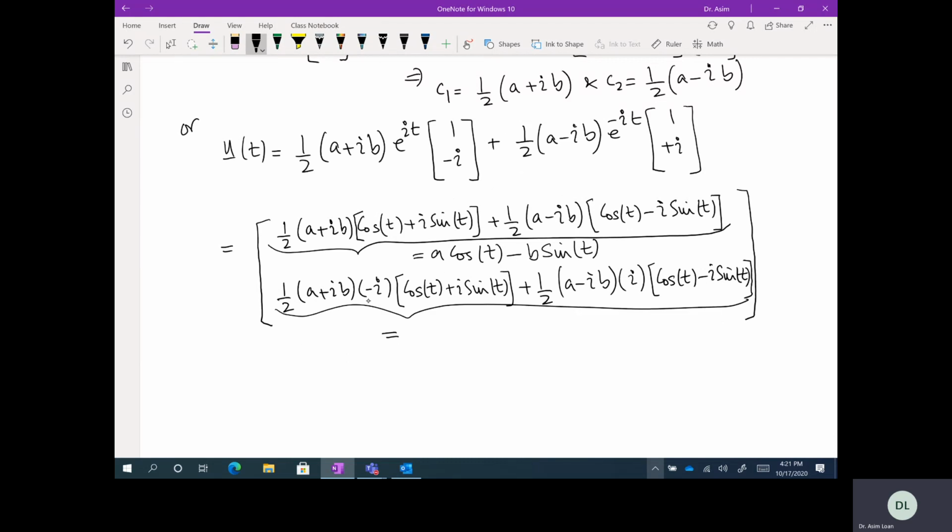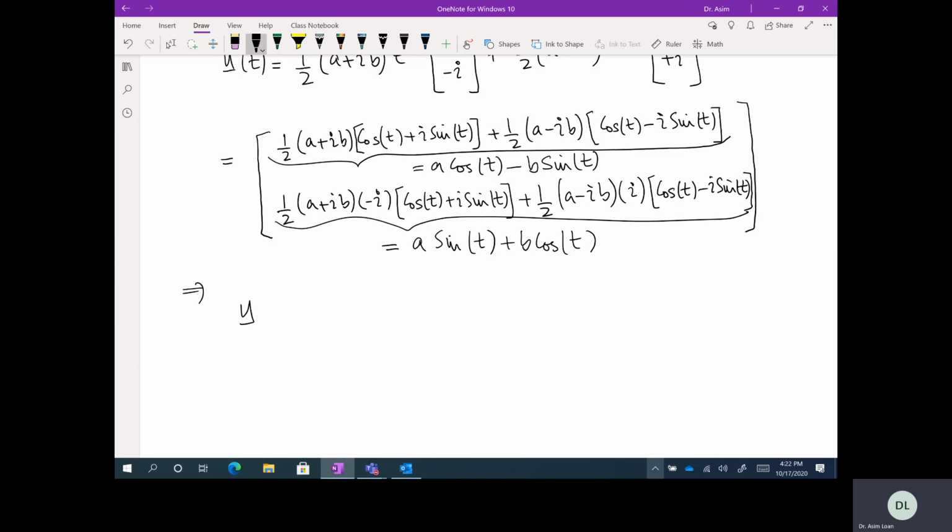And this one is equal to minus iota, so minus into minus is plus, and this is A sine t. And this one is also minus, this plus, and A sine t, and then you have minus iota B, minus plus B cosine t, and again here minus iota squared plus B cosine t. Everything else is 0. So this implies U of t equals A cosine of t minus B sine of t,